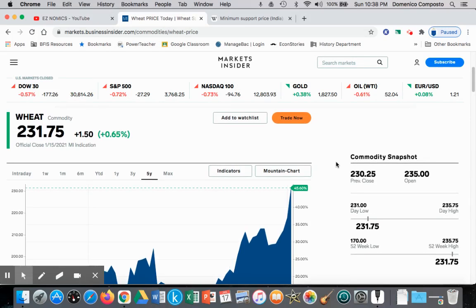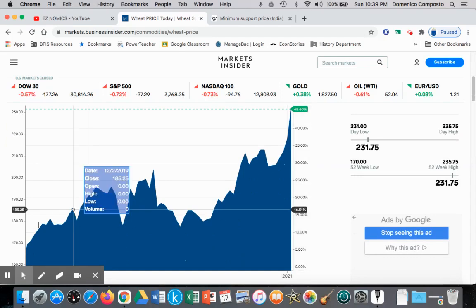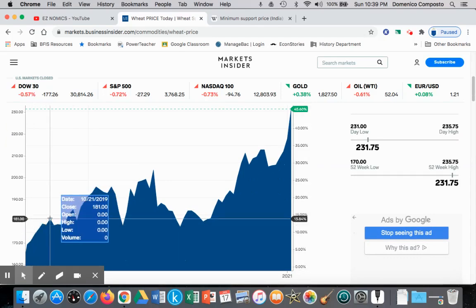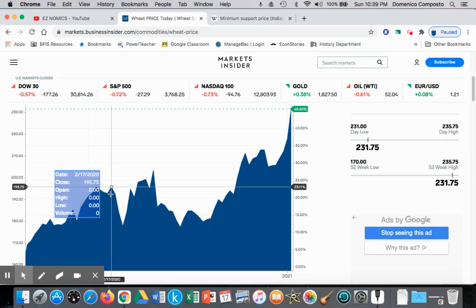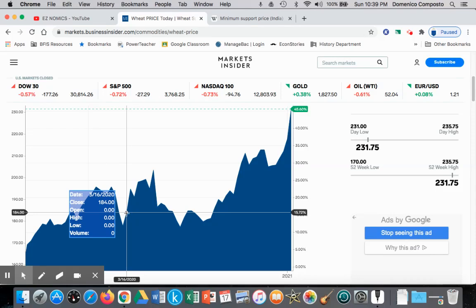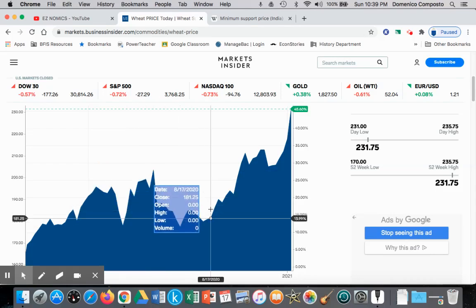Looking at the commodity market of wheat, we can see that it's priced here at $231.75 per metric ton. But if we look at a 5-year time span, we can see that the price of wheat is very volatile. Trading at $181, rising to $192, then collapsing again to $184, rising to $200, collapsing again, etc. So to see prices rise and fall so dramatically over a short period of time, we know